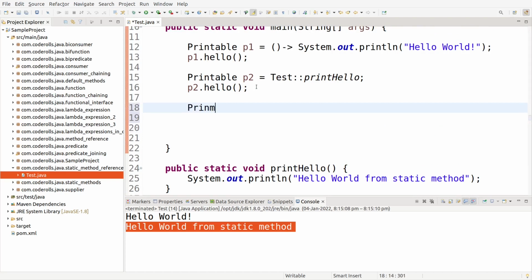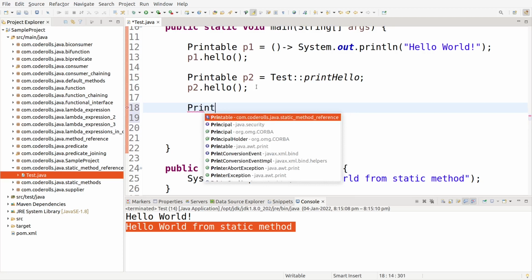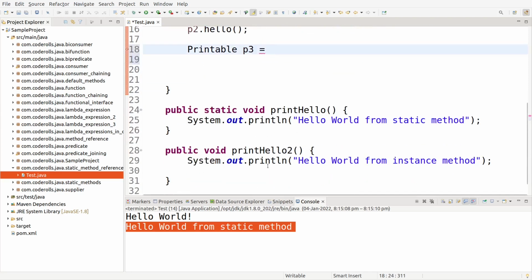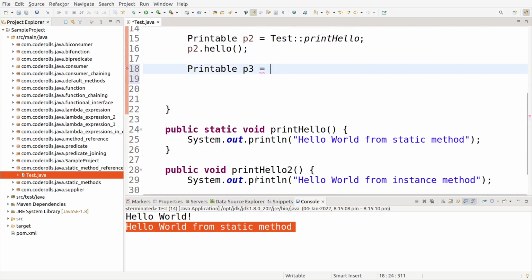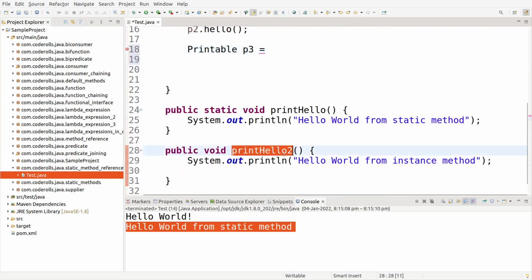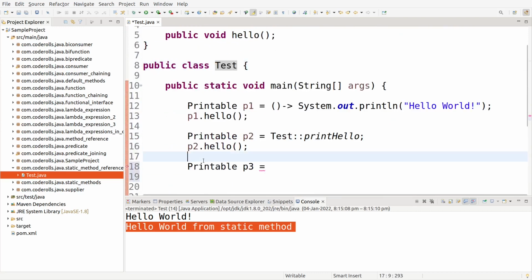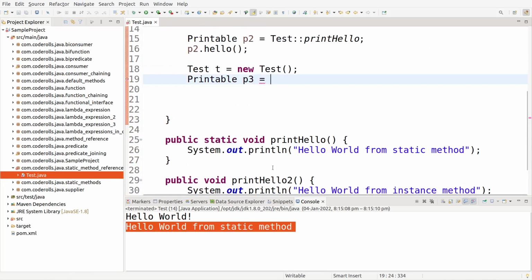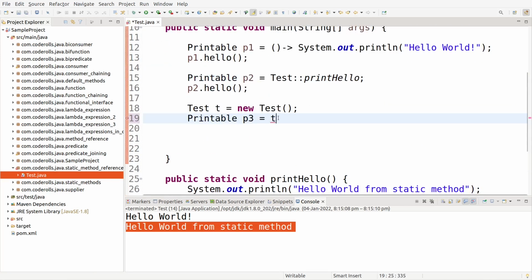So here Printable p3. Now what is the syntax for instance method reference? We should have one object of that class. printHello2 is present in the Test class, so let's create one Test object: Test t = new Test(). Now we have a Test object, and here goes the object name t, the double colon operator, and here goes the instance method name.